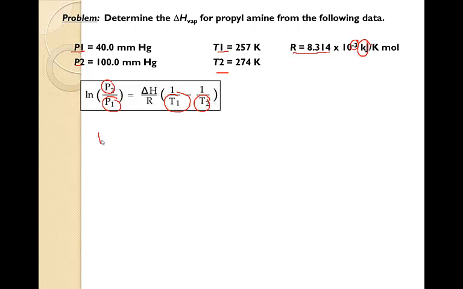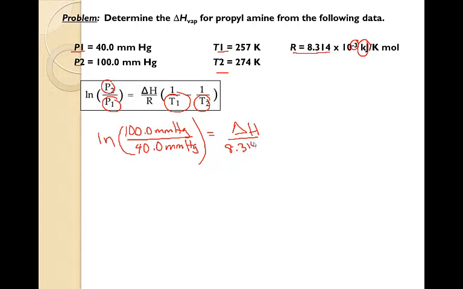So the natural log of P2, which is 100.0 millimeters of mercury, over P1, which is 40.0 millimeters of mercury, is equal to the delta H of vaporization, delta H of this compound, over